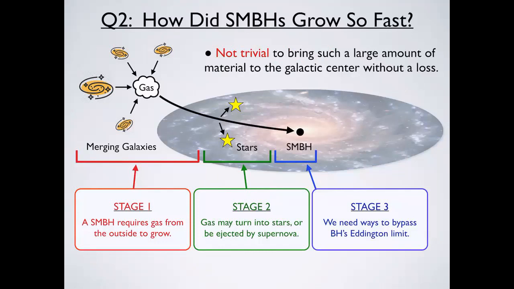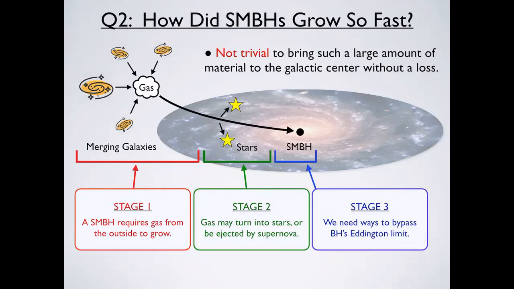And the second question that I raised about the existence of high-z supermassive black holes is how did they grow so fast, even with a sufficiently large seed mass? You have to grow it to a 10 to the 8, 9 solar mass black hole, and that's a lot. I mean, it's a massive black hole in a small, dwarf-sized galaxy, and it's not like the black hole can just go around and eat up all the gas or stars inside the galaxy, because it's not that easy for it to move around, right?